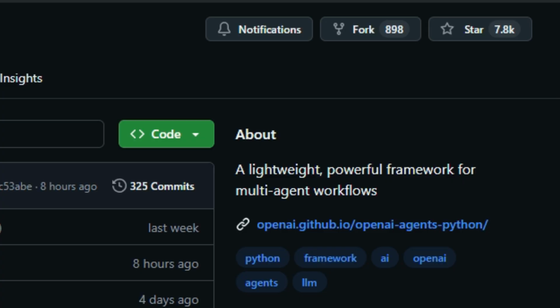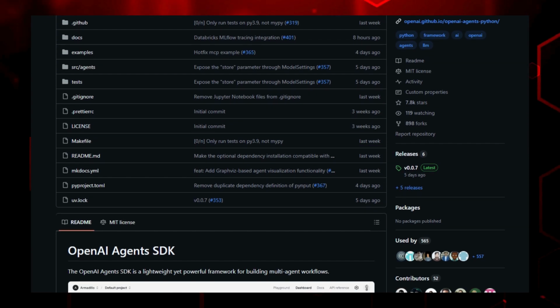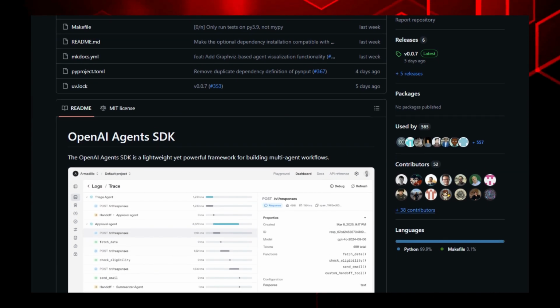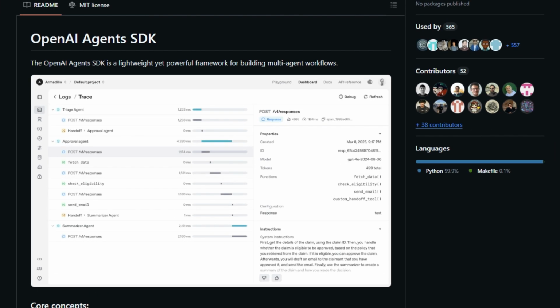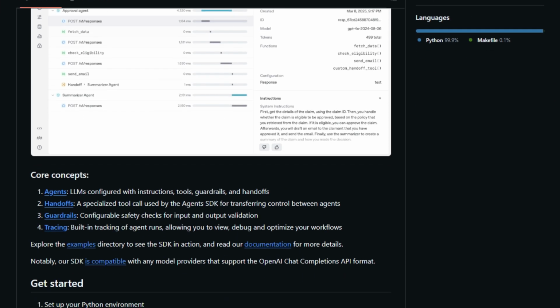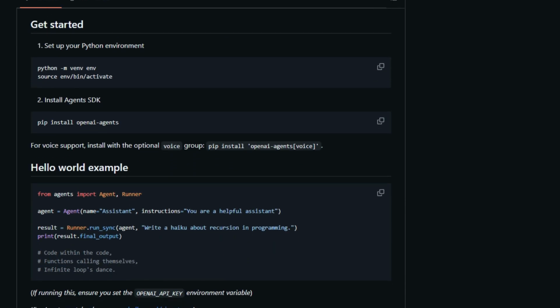Key to its uniqueness are its core concepts: agents, which are LLMs configured with specific instructions and tools; handoffs, a specialized mechanism for seamlessly transferring control from one agent to another; and guardrails, offering configurable safety checks to ensure responsible behavior. Furthermore, the SDK provides built-in tracing, a crucial feature for visualizing, debugging, and optimizing the intricate interactions within your